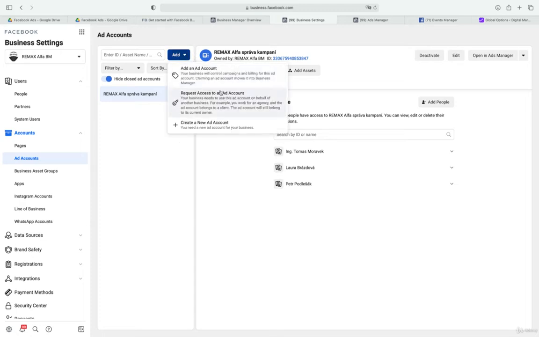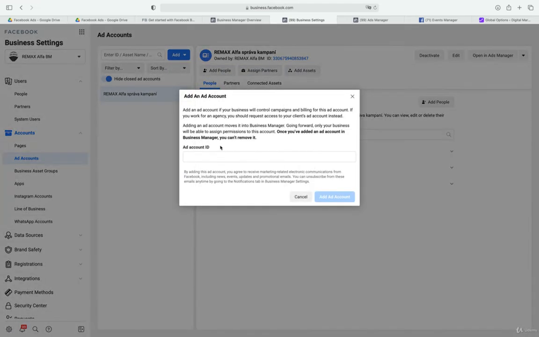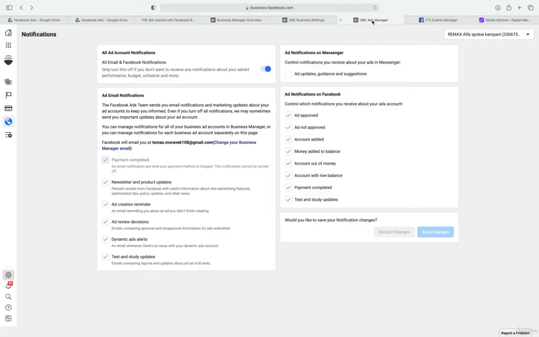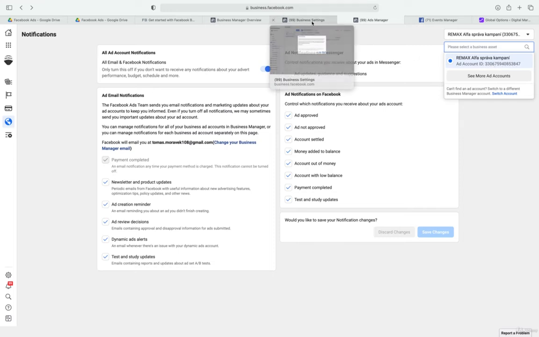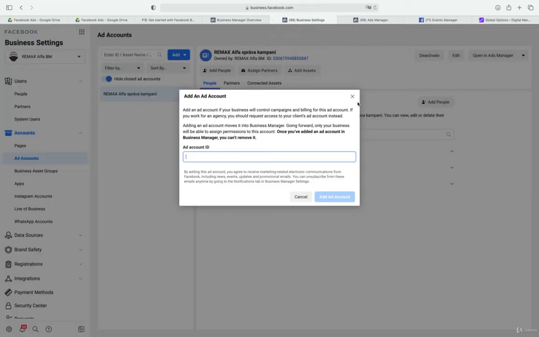So either you just add your current add account, so your ID, you can see easily the ID of your add account. It's very easy to see it. You can always see it very easily, as you can see. So you just copy paste, or you just put the number, or